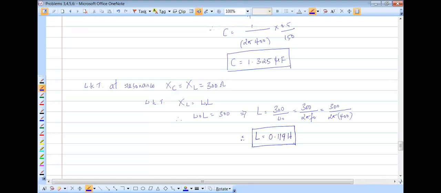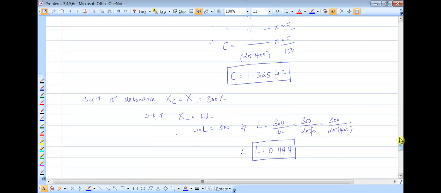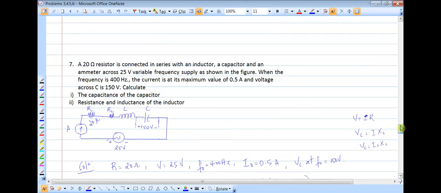Do you know the equation for R in a resonance circuit? Anybody? In which equation would R come? At resonance I'm saying, because we have not talked about the half power frequencies here, so we have no other go but to talk about resonance only. In this particular problem there is no information regarding what is happening at half power frequencies, so whatever we do, we need to do that only at resonance. Everybody understand that?